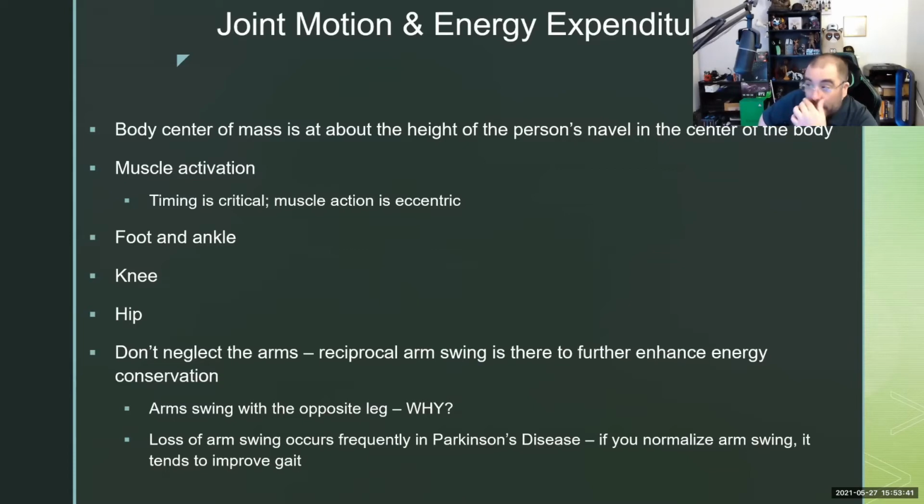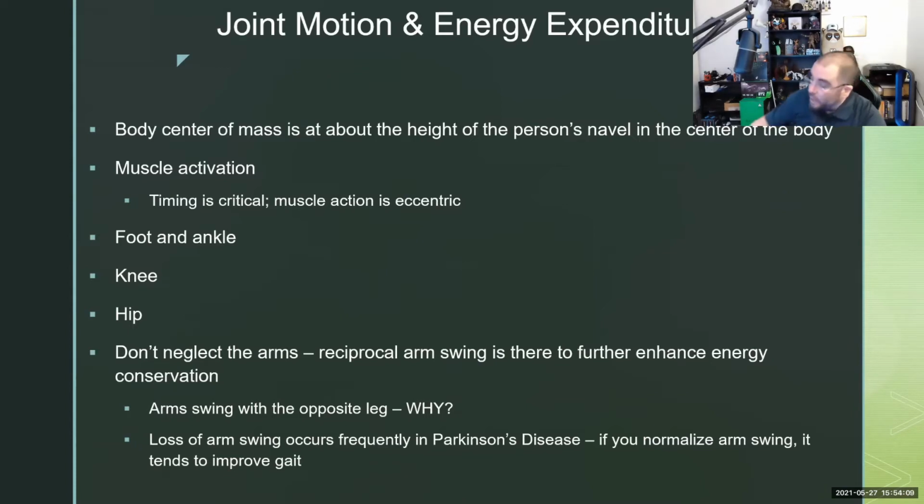Your knee and your hip, your large muscle groups, your quads, your hamstrings, your glutes, your iliopsoas are super important to be not only strong, but have normal range of motion in order to have normalized gait. If you don't have strong quads, you're going to get that buckling. If you don't have strong hamstrings, you may not be able to flex the knee to clear the foot. So all of that's going to come into play.